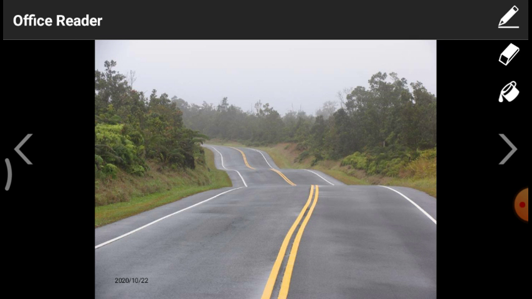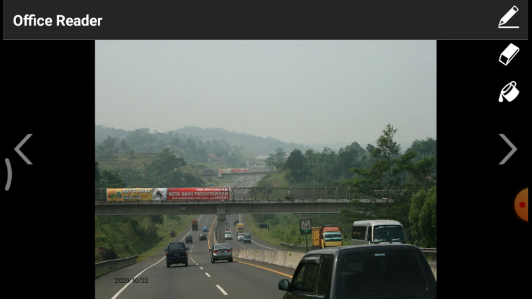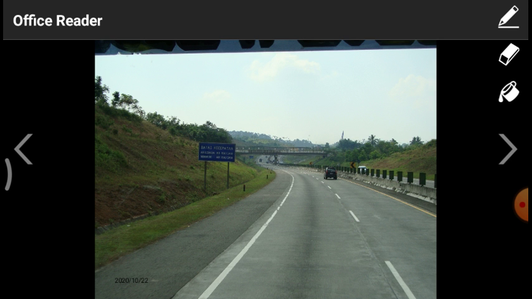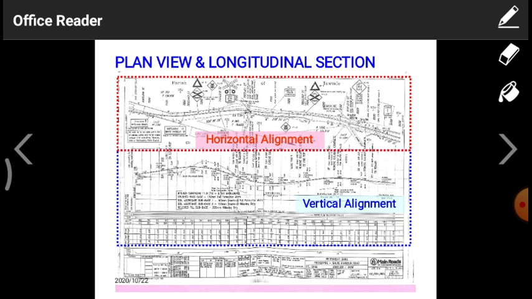This is an uneven pattern, that means ups and downs, ups and downs. This is also a vertical alignment, not a horizontal. It is only vertical alignment with crossings. Really we are observing 2 to 3 crossings. This is also a horizontal curve and vertical curve. This is completely a horizontal curve with some amount of vertical, a lesser quantity of vertical.